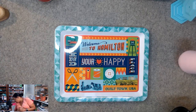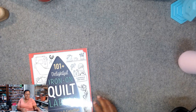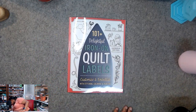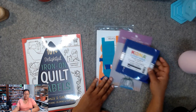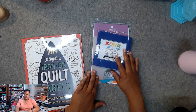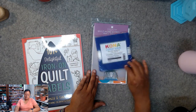Yeah. I did like some of the things in this box, right? So there's some things that I really liked. I really like this iron-on quilt label book. I like that. I really like this project here. Again, I feel like this should have been one whole day because